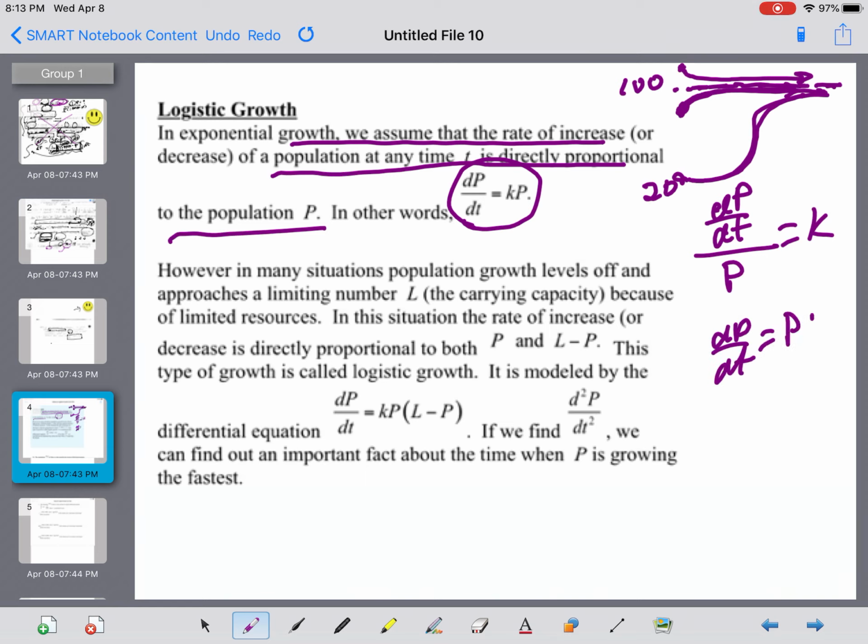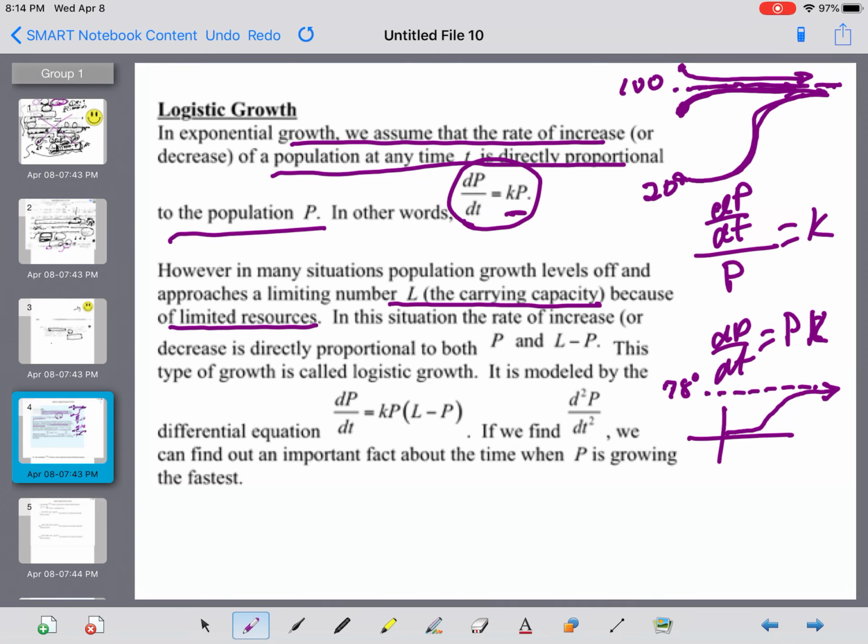And then I multiply by it, and I get pk, or we actually call it kp. But in some situations where you have a limiting factor of, let's say, a temperature of 78 degrees, and your room is starting to warm up after being really cold, it's going to still hover around 78 degrees. And so what happens is in many situations, we find things have what are called a carrying capacity because of